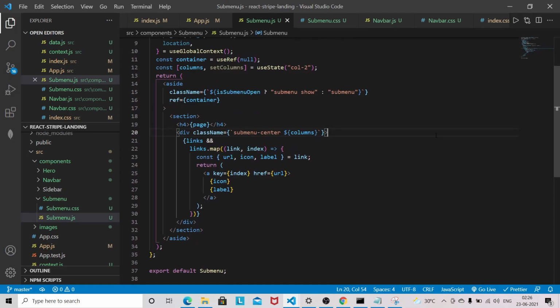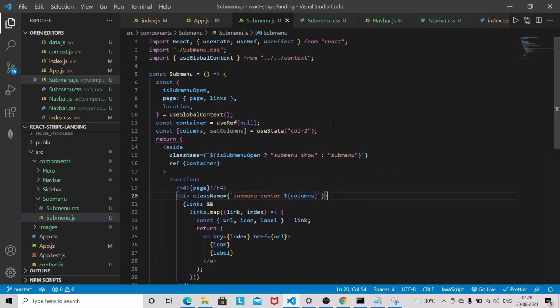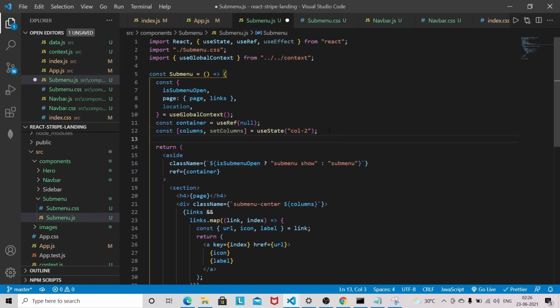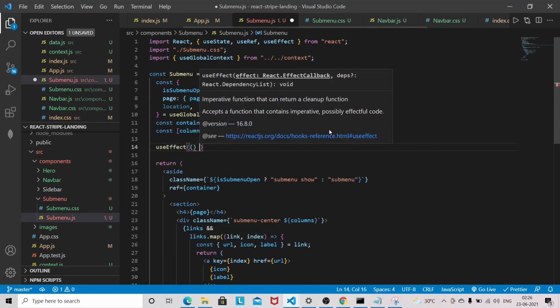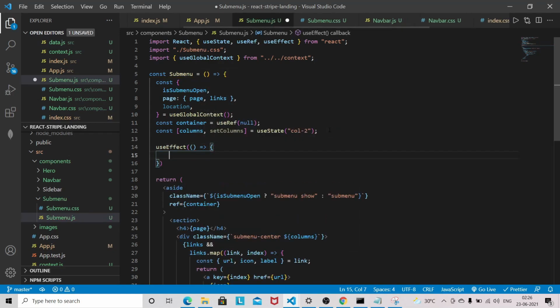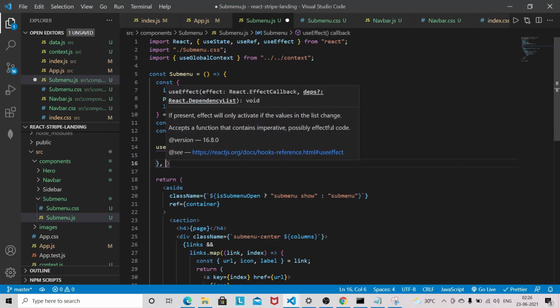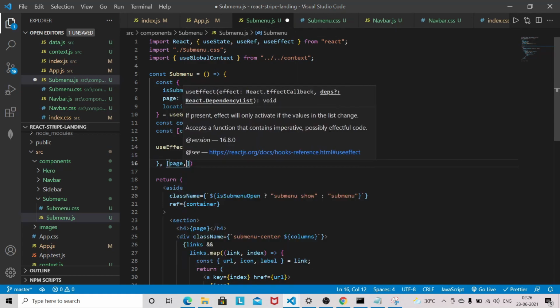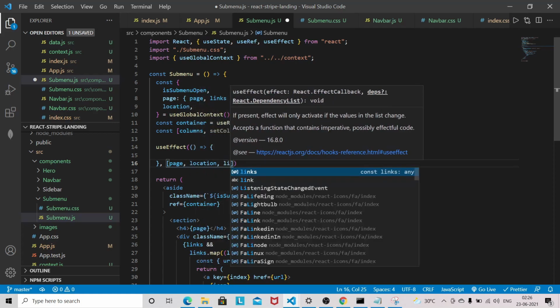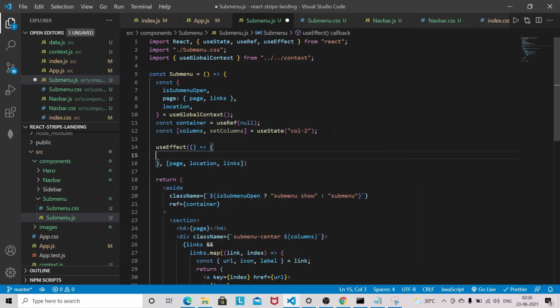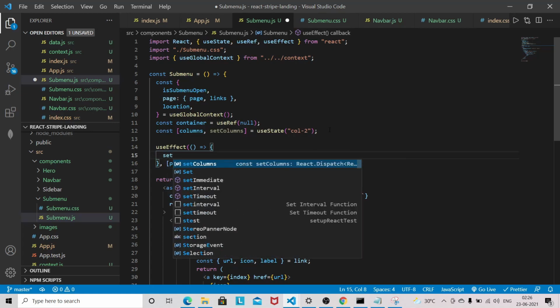And now what we have to do, we have to write a useEffect here. So useEffect, and this useEffect will run based on the page, location and links, and setColumns.